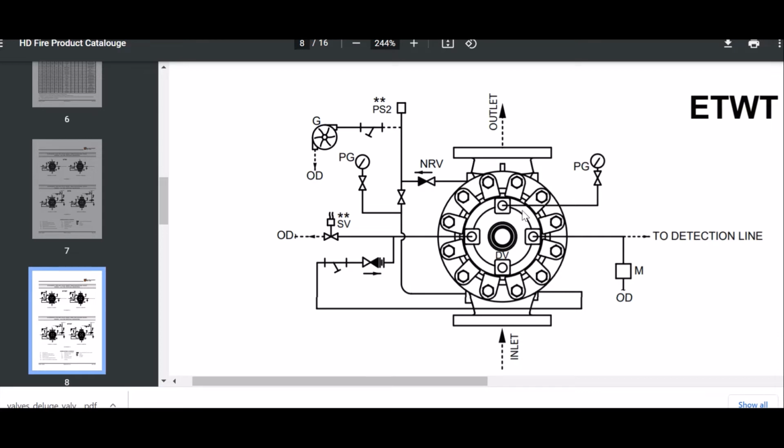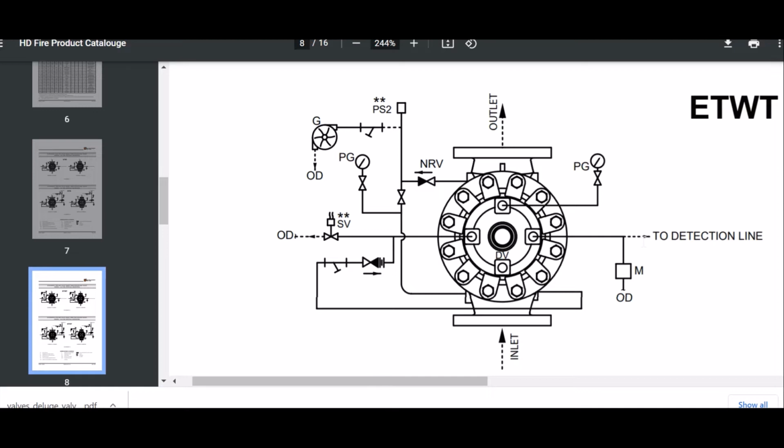Another two most important things are our discharge pressure gauge and our discharge open drain with manual activation port, a manual activation valve, which is connected with the detection line.